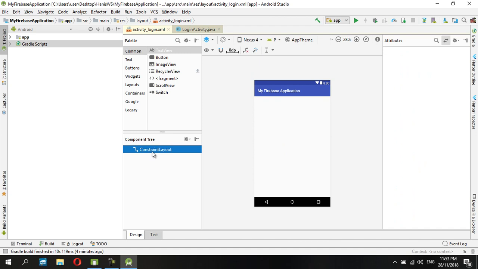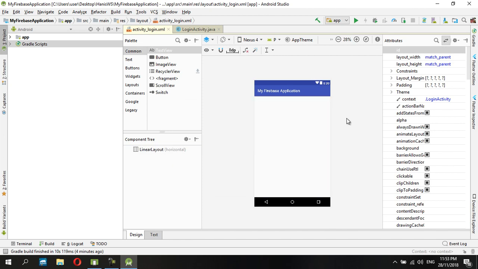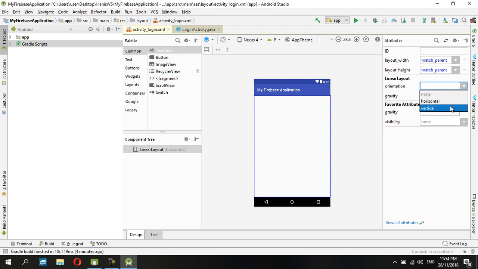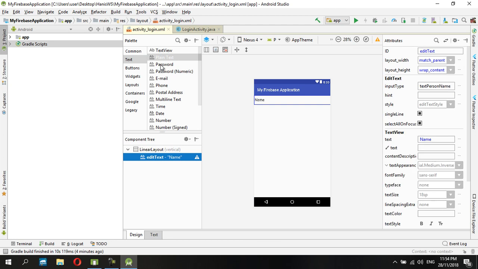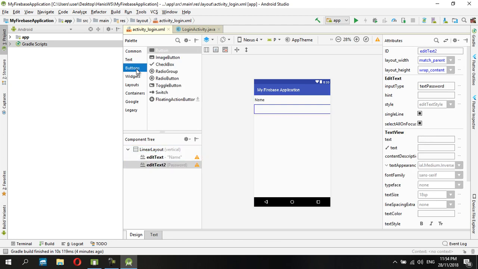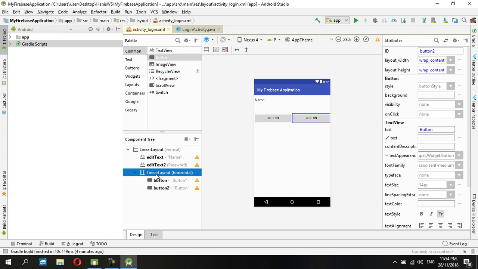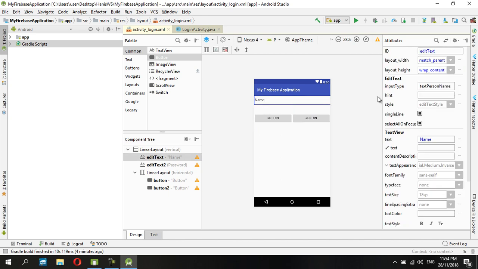So convert my view to linear layout, apply, and then change the linear layout to vertical, and then add two tags to the layout, text 1 and text 2, and then add one layout to the right, and then we have two buttons inside. Just ignore this first, and wrap content, and this